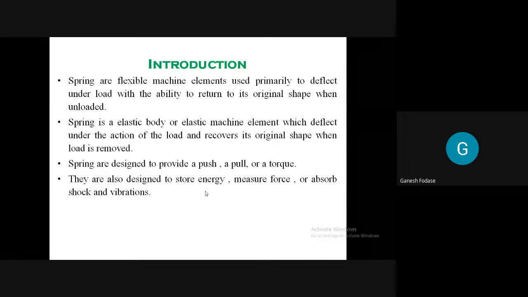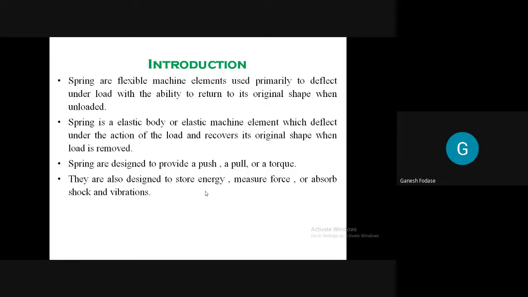Have you seen anywhere spring used to store energy? See why it is important: if you understand the basics, actually it is known to you. Everything is known to you. We are going to design the spring, and if you are going to design the spring, you must know the applications, where it is used, how it is used, and why it is used. So please tell me an application where spring is used to store energy.